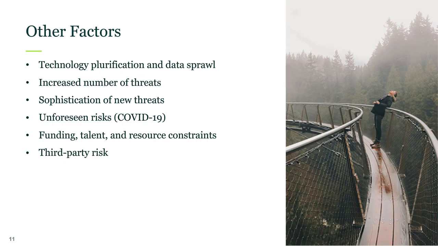Another factor is unforeseen risks, and you can't have a presentation today without mentioning COVID. How many of us could say that we even had a pandemic listed as one of our top risks? Or if you did, where did you put the likelihood and impact of a pandemic actually occurring? COVID has affected everyone. It's affected every business. It was an unforeseen risk to most, and it won't be the last. So how can you improve your security posture to better adapt to unforeseen risks and to be more agile in being able to respond to